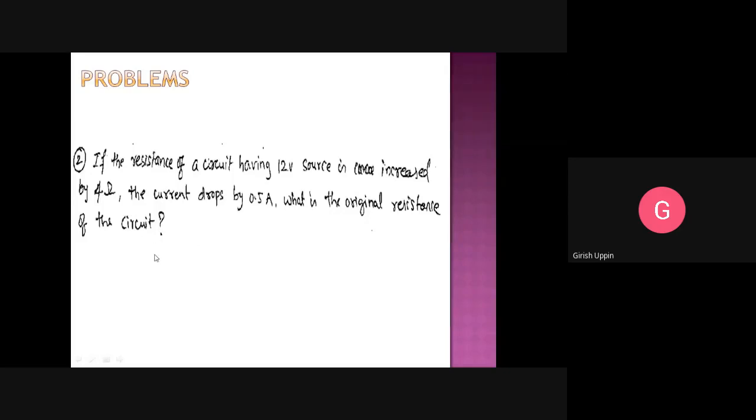Before you note down, I will explain, then you can note down. We have one resistor, and that is connected to 12 volts. I would say the value of the resistance is unknown. R is connected across 12 volts. This is the first circuit, and the current is also unknown. Let us say the current is I.